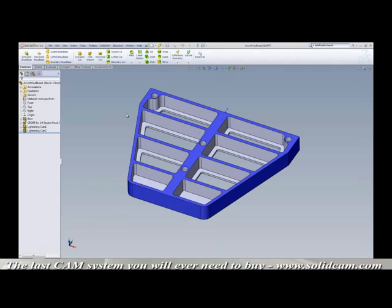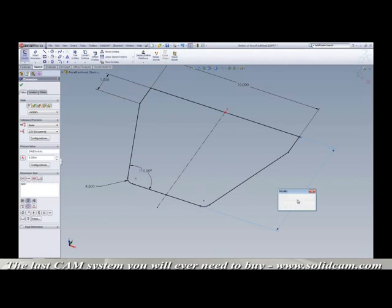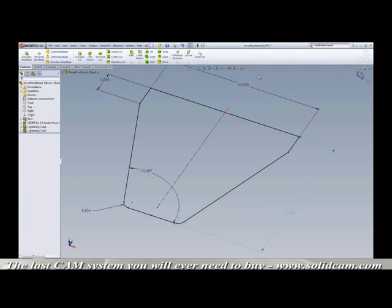So what about parts that were edited by someone outside of the CAM team? Say a design department person goes up and calls up a file like this, and they go ahead and make the same changes just like we did before. They're going to stretch that part, and that part is going to have every single toolpath completely out of sequence